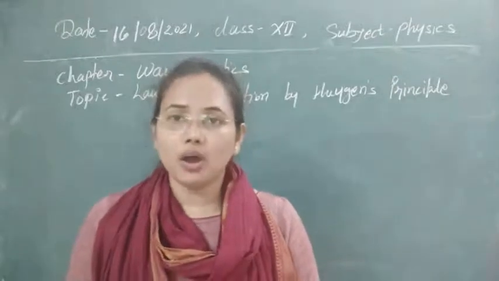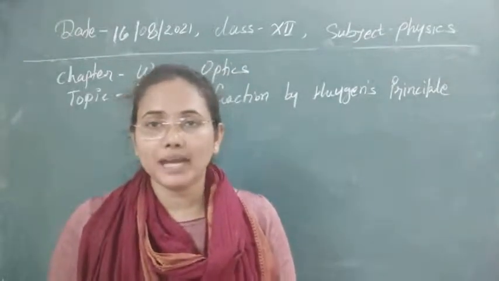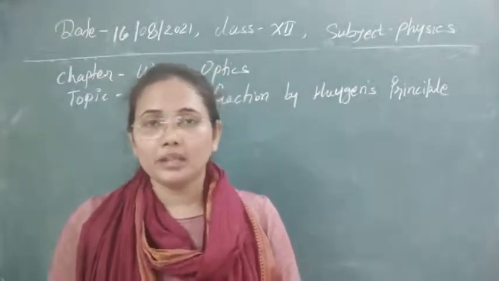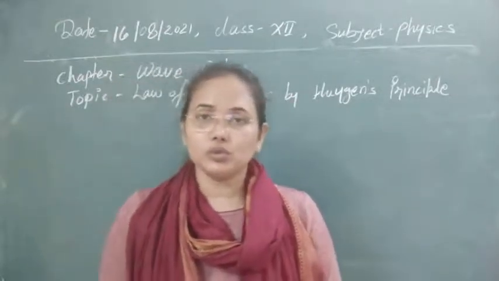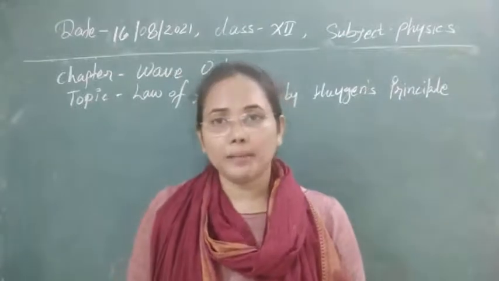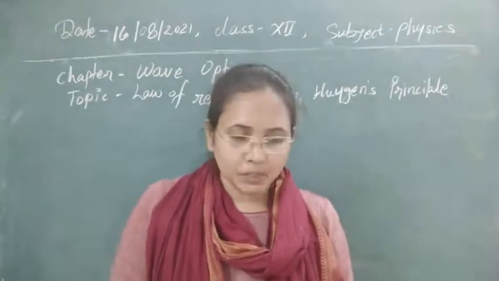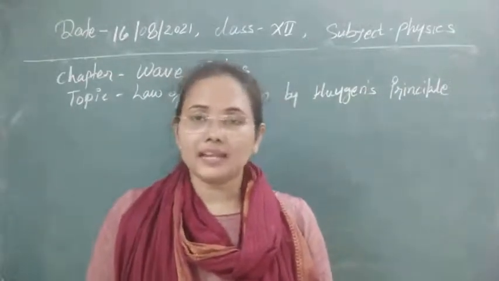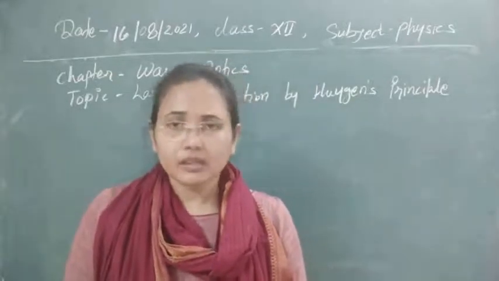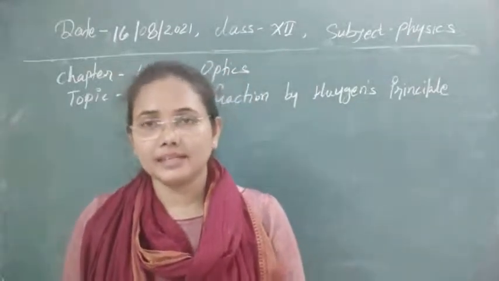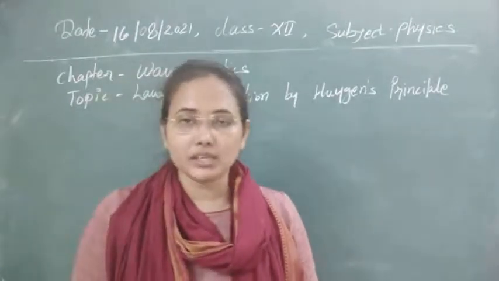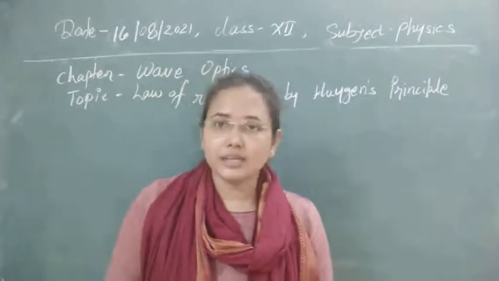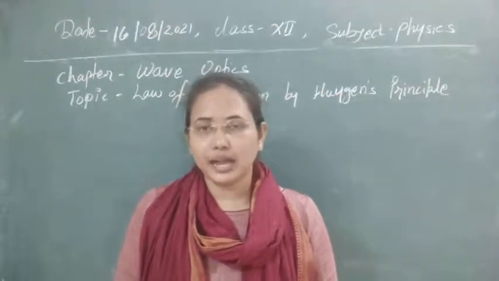And if we again draw the locus of all the points that are in the same phase, then that is known as the secondary wavefront, and the new sources that are formed at the primary wavefront are called wavelets. So this is the concept of Huygens that we are using here to prove the laws of reflection and refraction. In the previous class we saw the law of reflection by using the Huygens principle. Today let's see the law of refraction by using the Huygens principle.